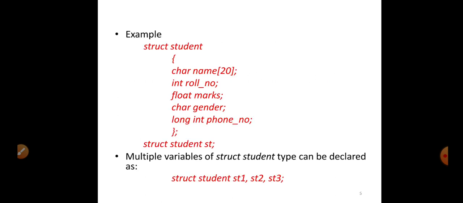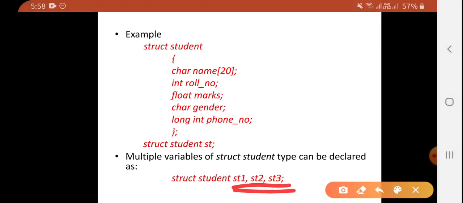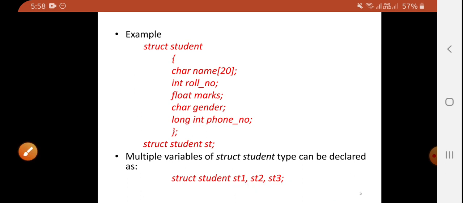For example, we have created 3 variables here, so I can access with the help of the dot operator and variable name: st1 dot name, st1 dot roll number, st1 dot marks, st1 dot gender and st1 dot phone number. In the same way st2 dot name, st2 dot roll number and so on. Most important is all are different, meaning st1 dot name is different and st2 dot name is different.